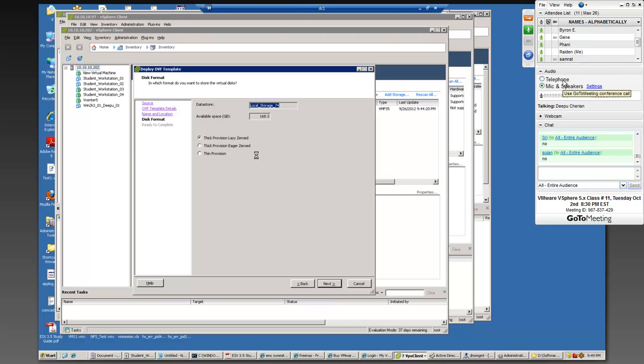Okay, that's what I said. When I talk about it, we will explain that clearly. Lazy zeroed means it will not write zero. So when you format a hard disk or when you do something,